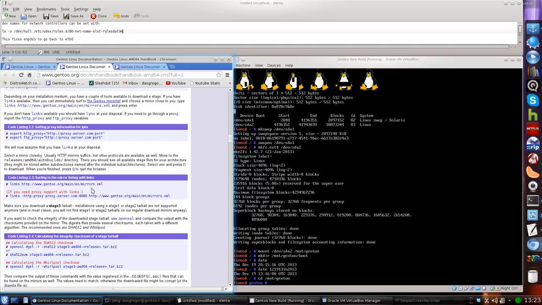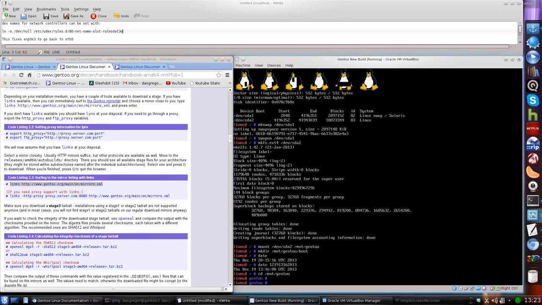Now we need to get into this area right here. So I don't think I can cut and paste this, but I'm going to try first just to see if it lets me cut and paste. It does not let me cut and paste. Oh, it'd be nice if I could. But alright. So we type in links, http www.gentoo.org/main/en/mirrors.xml,